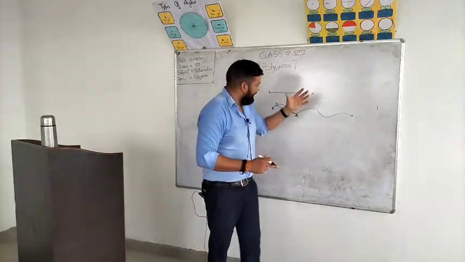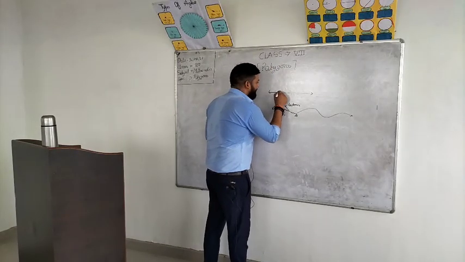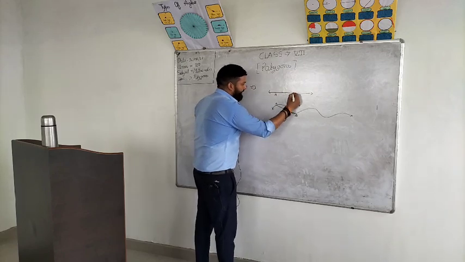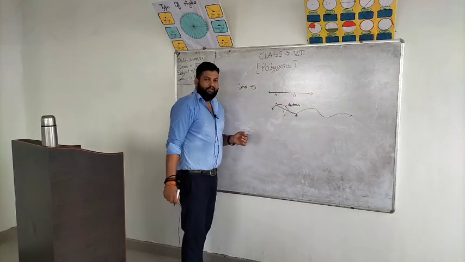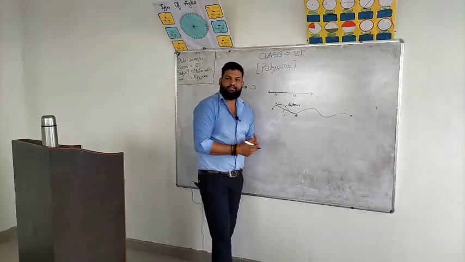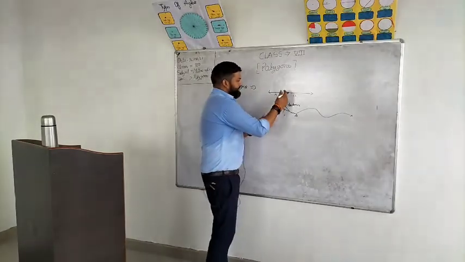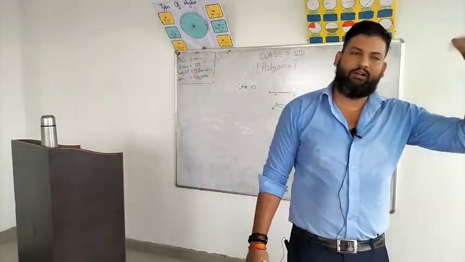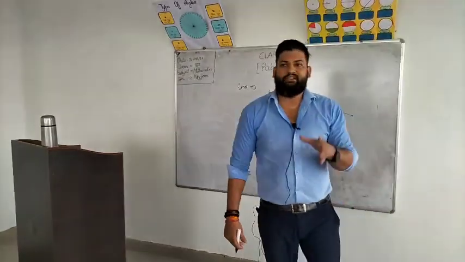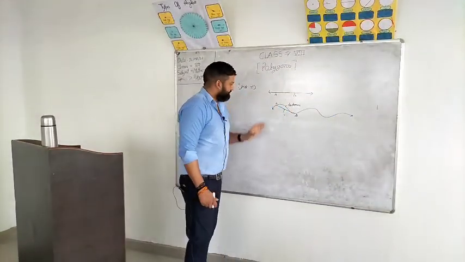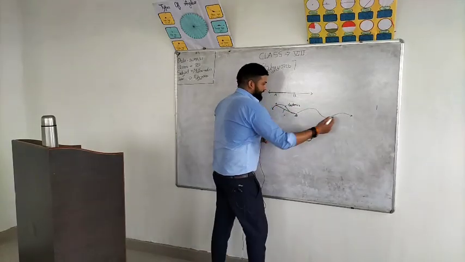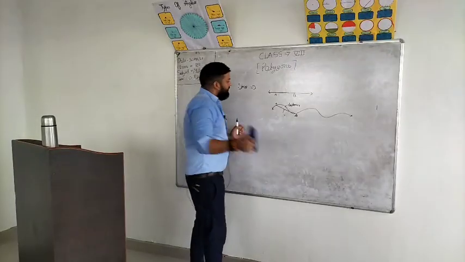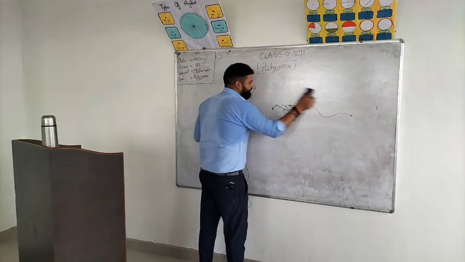We can't say it for any figure. If I am talking about the straight line, then if you have to move from A to B, this is the shortest distance, and that is the distance and that is the displacement. For any two or more points, distance and displacement will always be equal. So this is called a straight line and this is called a curve line. Is that clear?